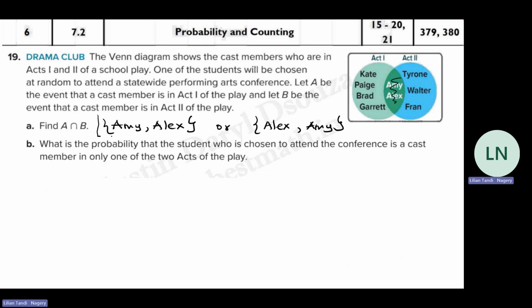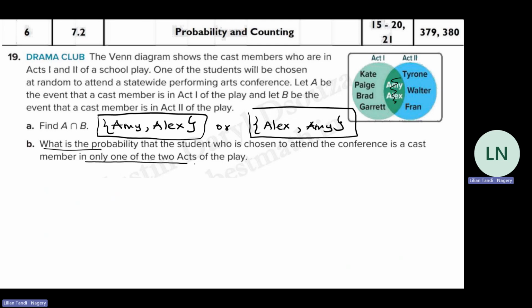Okay? So this could be your answer, or this could be your answer. What is the probability that the student who is chosen to attend the conference is a cast member in only one of the 2 acts? So this means probability of A only, okay? And probability